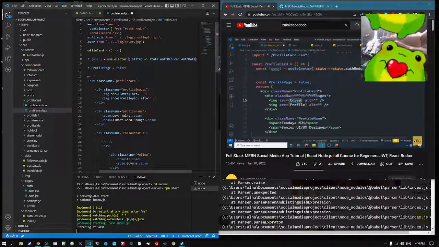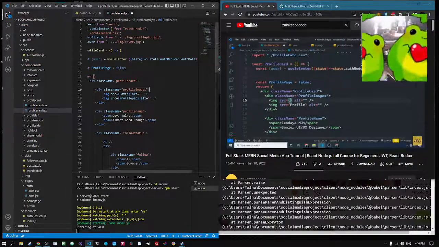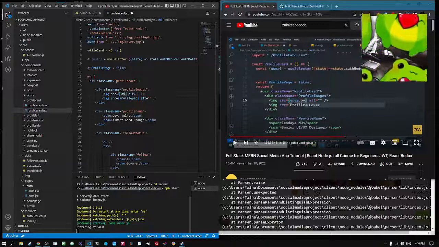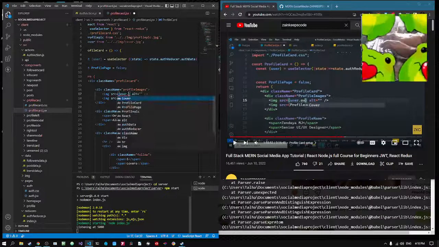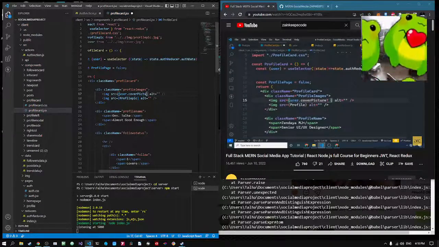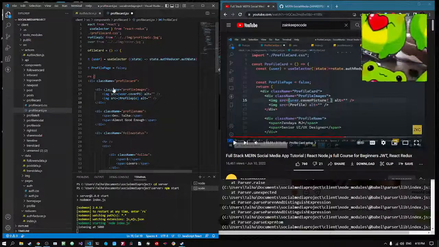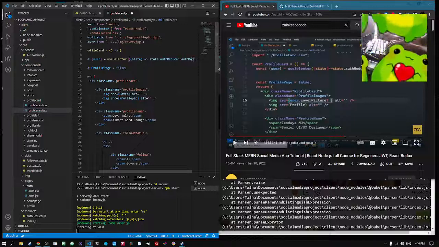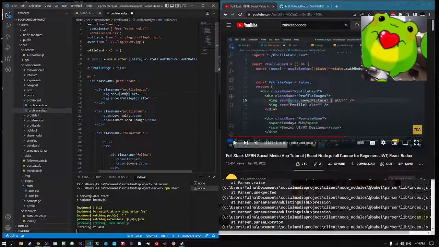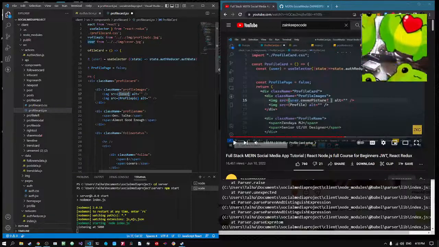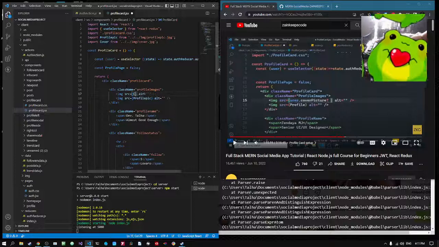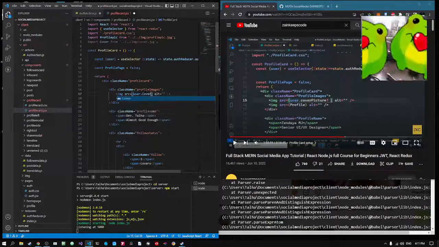And now inside the src of the profile image, I will say if the user.coverPicture is available, then what to do? Then again, hold on. If the user.cover